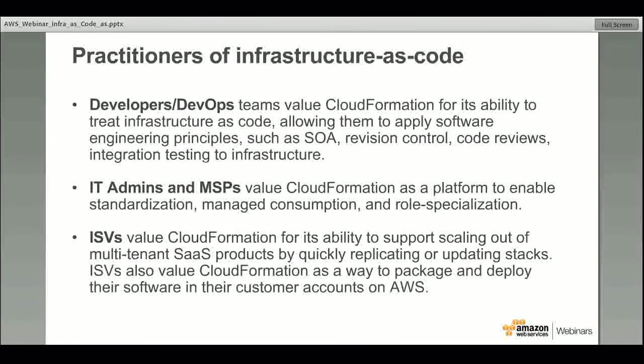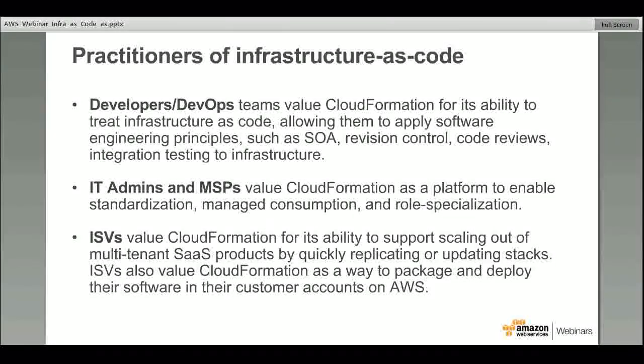Specifically, if you are an IT admin in an enterprise, you can build a set of CloudFormation templates which are compliant with your company policies, things like security or cost policies, and so on and so forth. And you can prescribe these templates to all the developers in your company. And those templates become your way of making sure that everybody is consuming the AWS resources in a way that is compliant with your company policy.